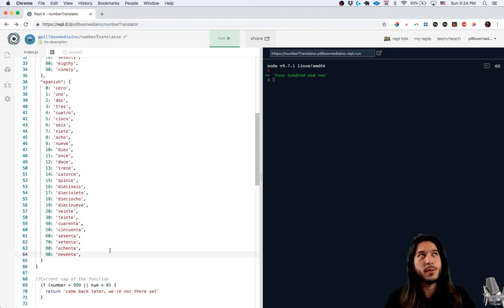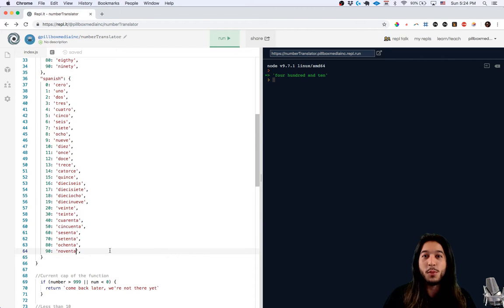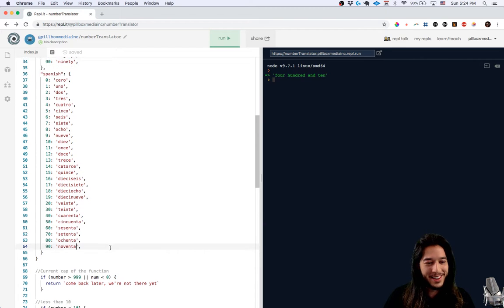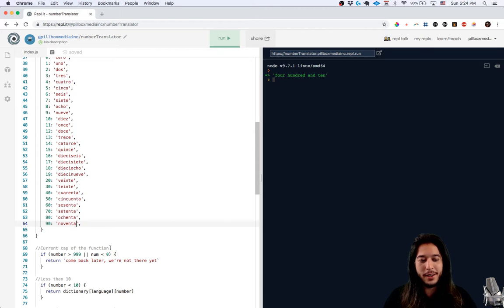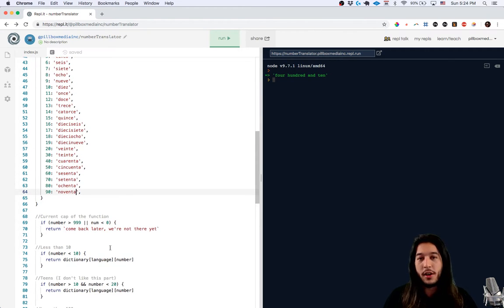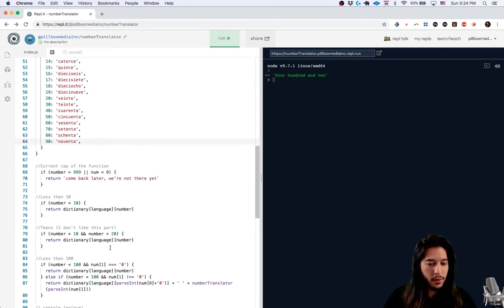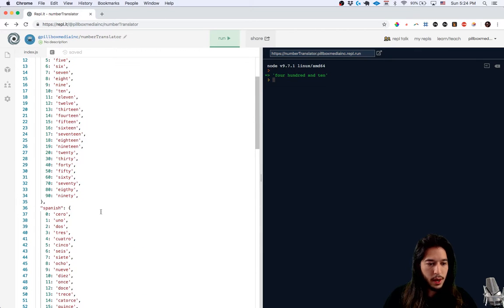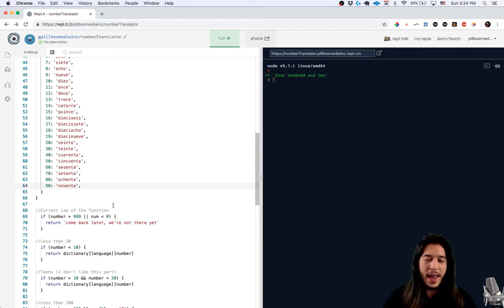Another problem in Spanish, 100 is not 100, it's 100. All right, I chose to make this project and I got to deal with it. So yeah, obviously, when you start getting into different languages, they all have different quirks and you have to account for them. So let's say, how do I want to handle this and situation?